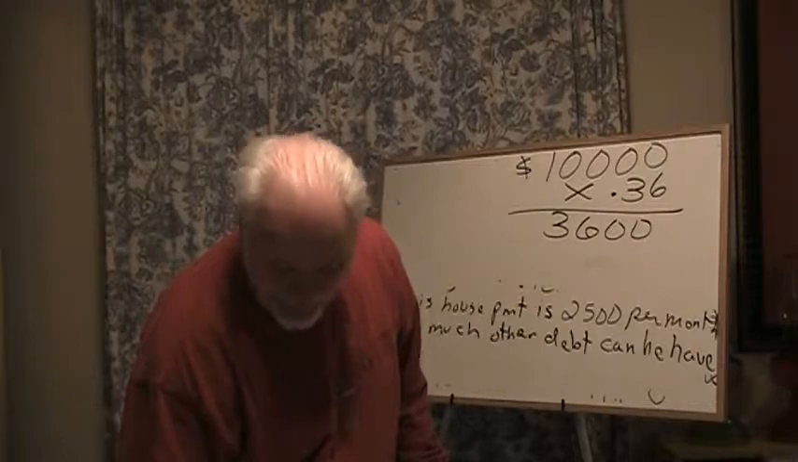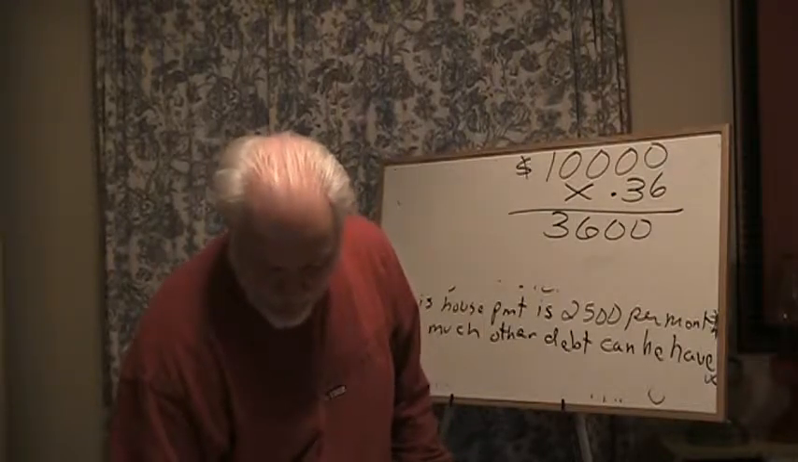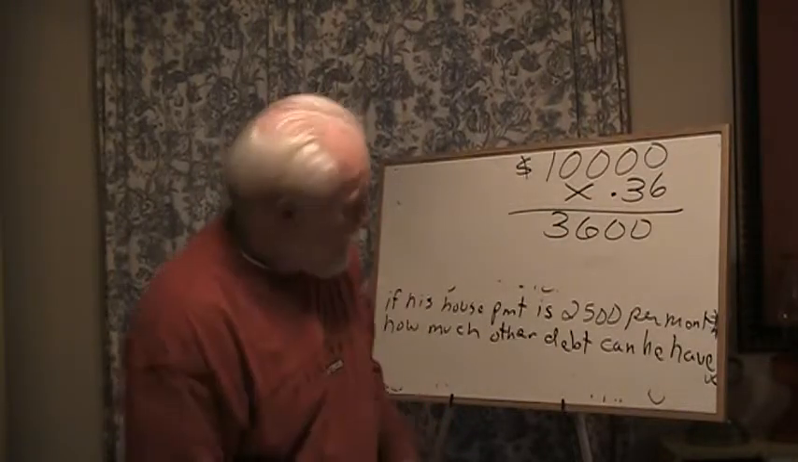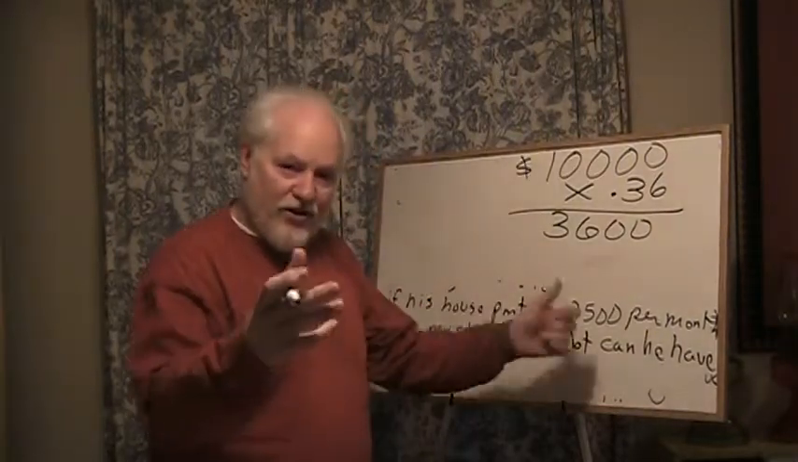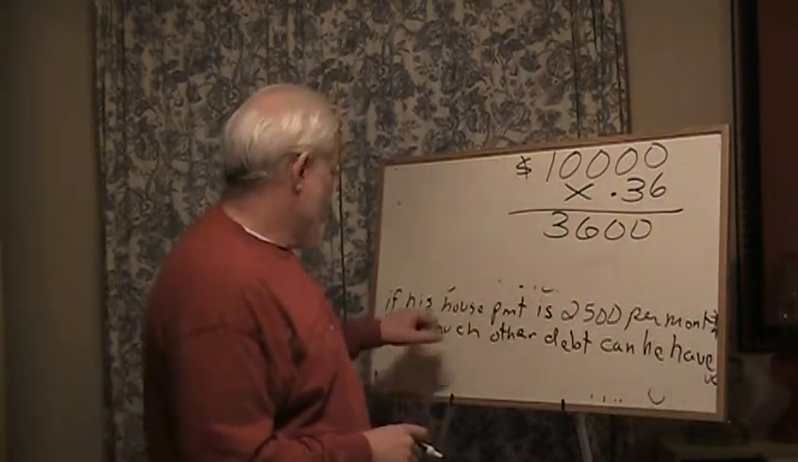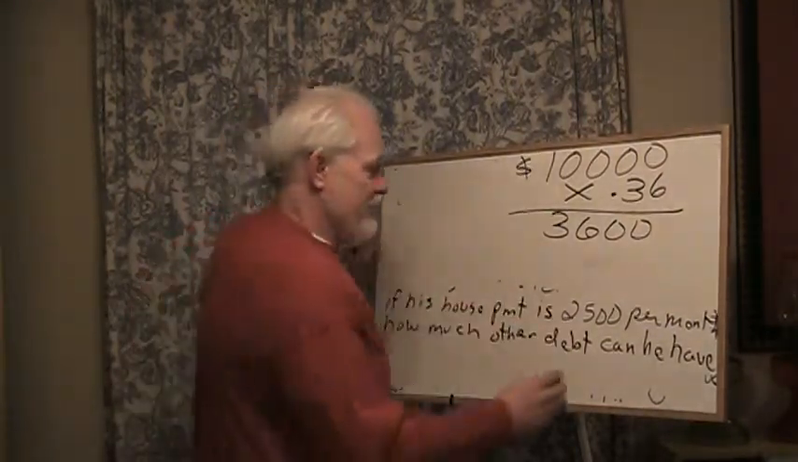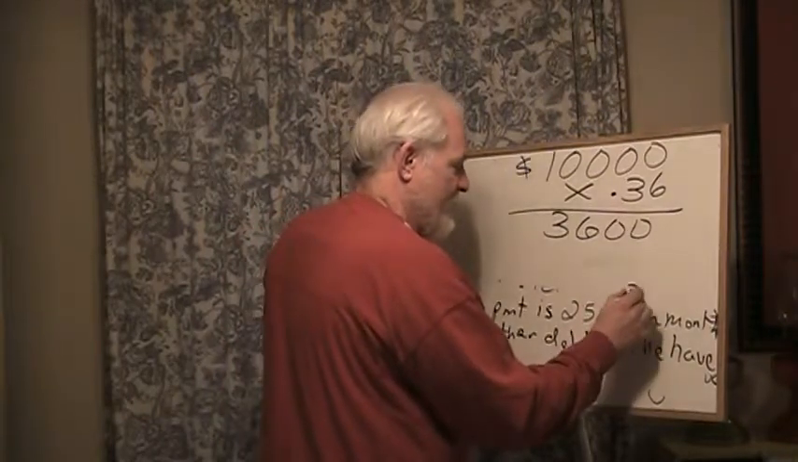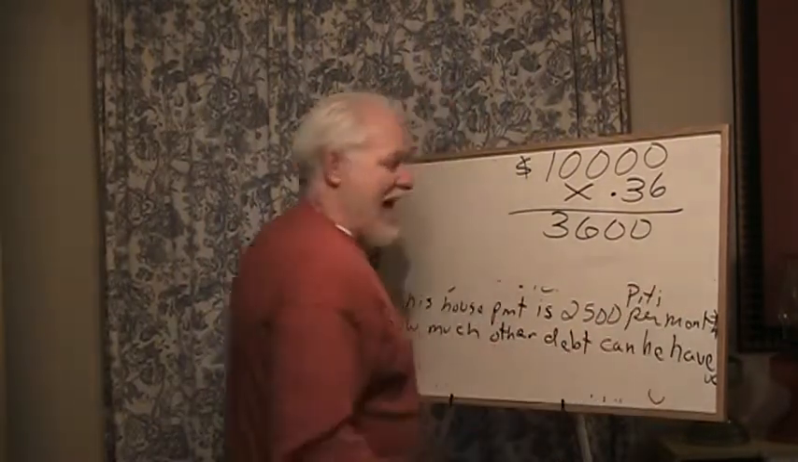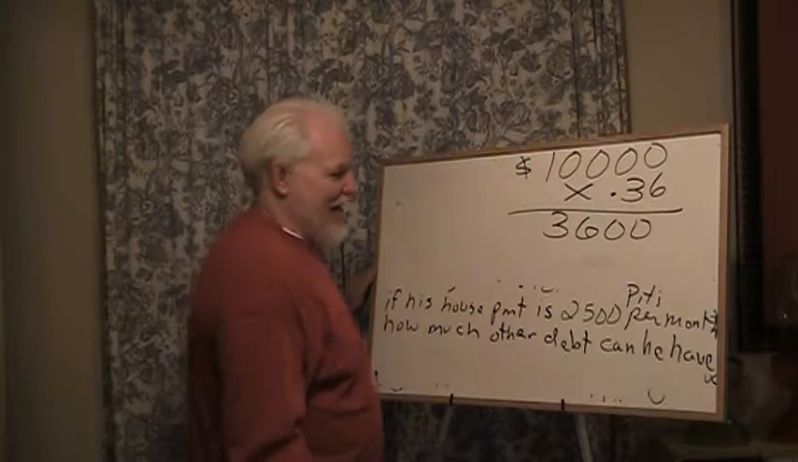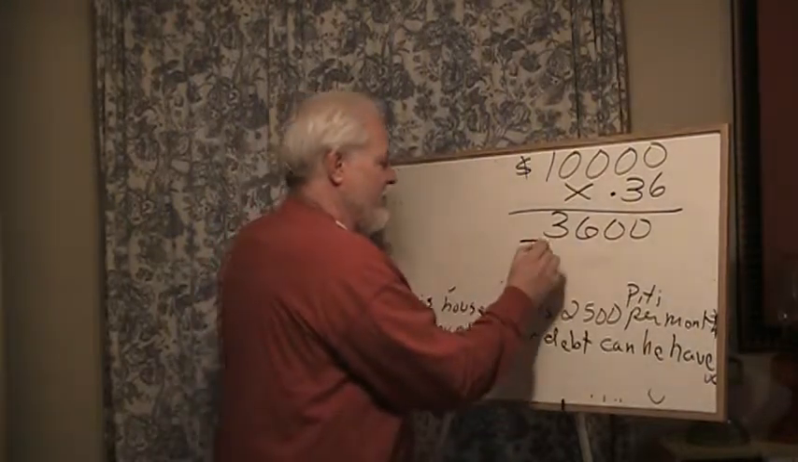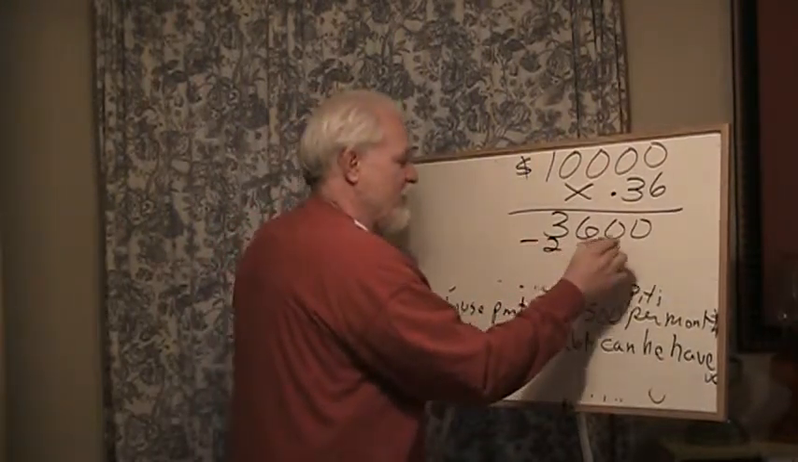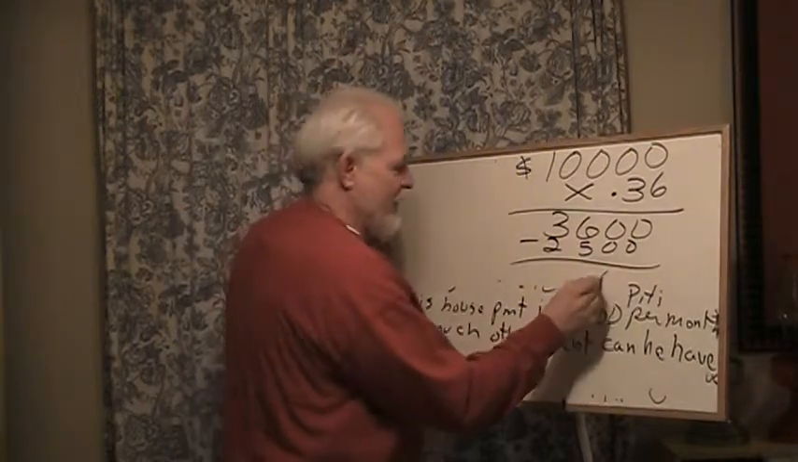10,000 times 0.36. All right, so he can obligate himself for $3,600 a month in payments. Well, his house payment, by the way, that's PITI. PITI is $2,500. So if he's going to have a $2,500 house payment,